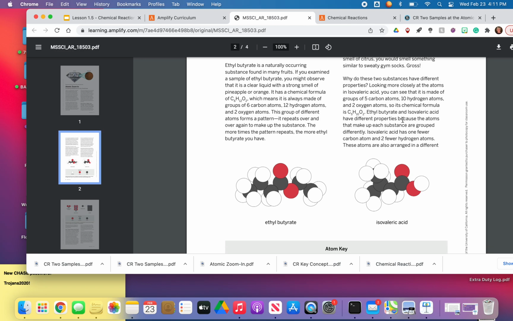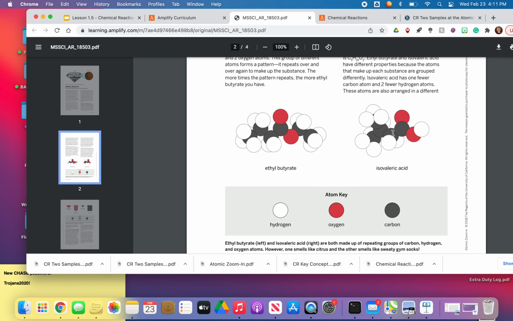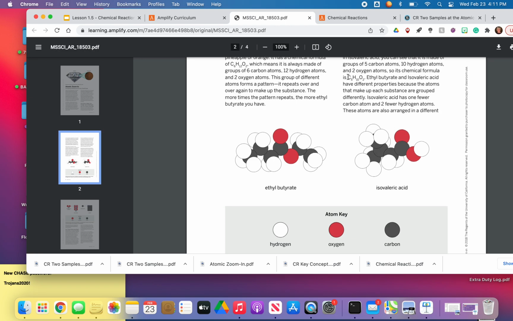So why are they different? They both are made of hydrogen, oxygen, and carbon. Well, the difference is that isovaleric acid has a different chemical formula. Instead of 6 atoms of carbon, we only have 5. 1, 2, 3, 4, 5. And instead of 12 hydrogen atoms, we only have 10. They still have 2 oxygen, but because of the different number of atoms involved in this molecule, it's different and